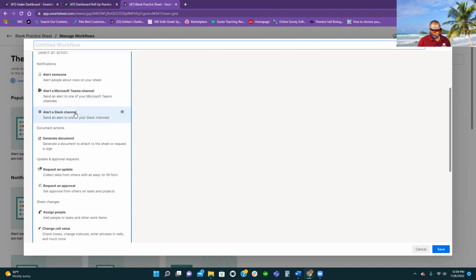Nice. Same thing with Slack. I actually have mine linked to my Slack. And whenever a date is coming up, it tells me in my Slack, this is going to be due soon. Another great part about it is, if somebody sends you an update request in Slack, you can answer the update request from Slack,